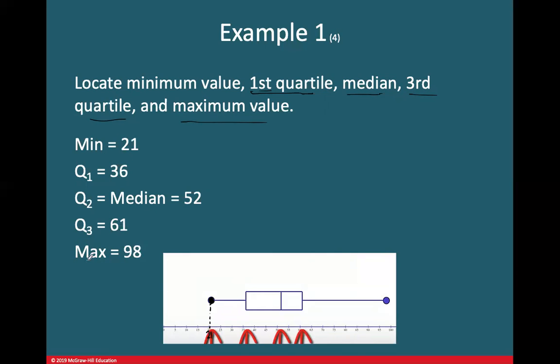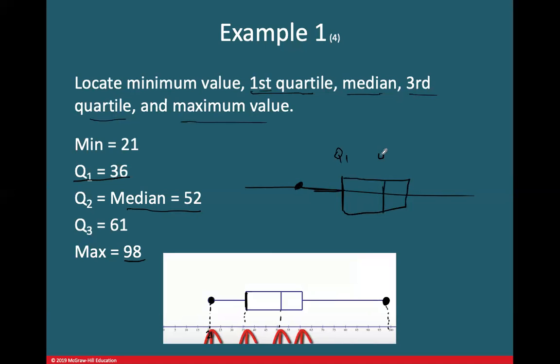I prefer to show the maximum normally. Maximum is 98. So I am finding 98, where is it? So I am putting this one. And then Q1. Q1 is 36. So you are looking 15, 20, 25, 30, 35. So 36 is here. When you go there, draw something like that. Let me show you. So we draw Q1 here, and then Q2, 52. Where is 52? It's here. So we will draw a box,